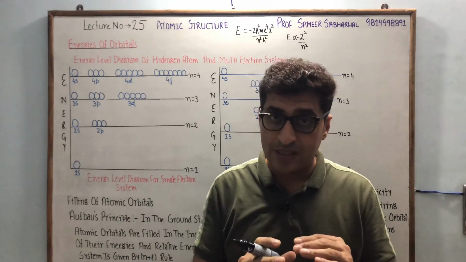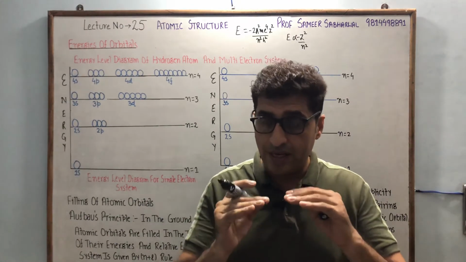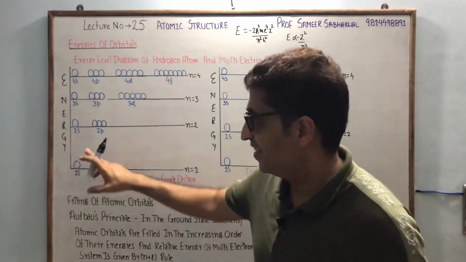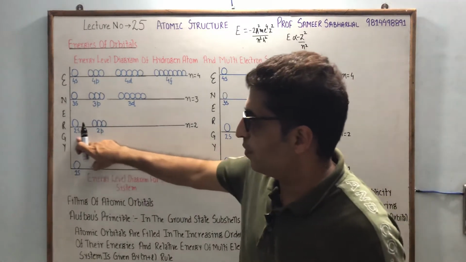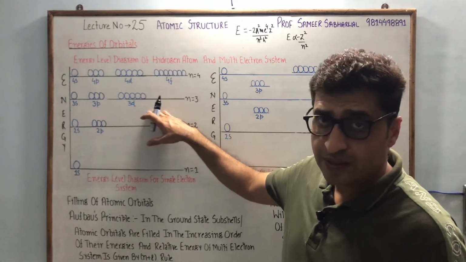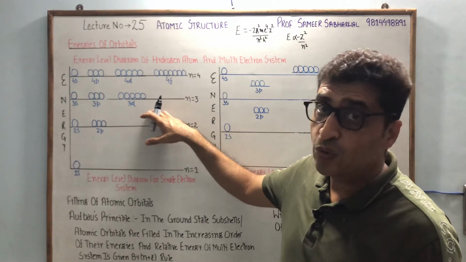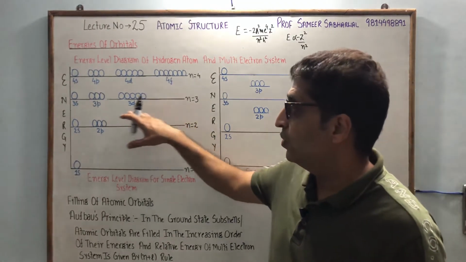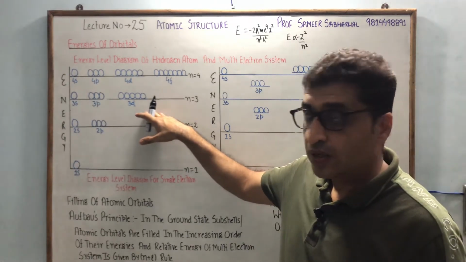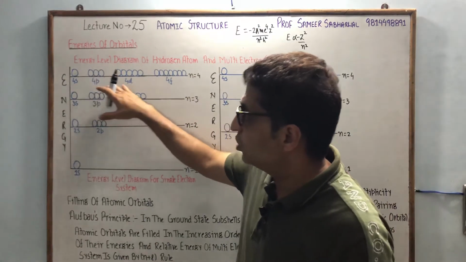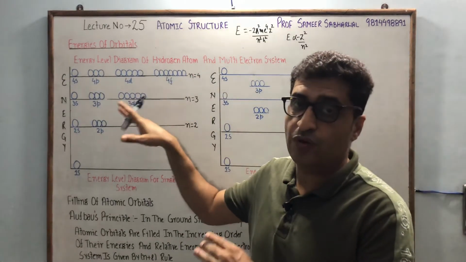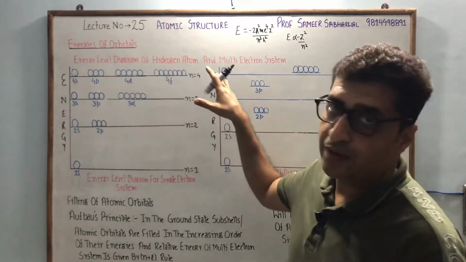It means the 2s and 2p subshells in the case of a single electron system will have the same energies. See, they are having the same energy, a very important part. In the third shell we have 3 subshells, but energy is decided by only n. So all 3 subshells will have the same energy. Exactly for the fourth shell we have 4 types of subshells, 4s, 4p, 4d, 4f. All of them will have the same energy.